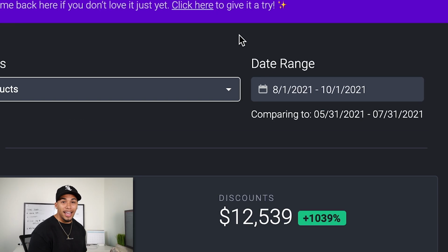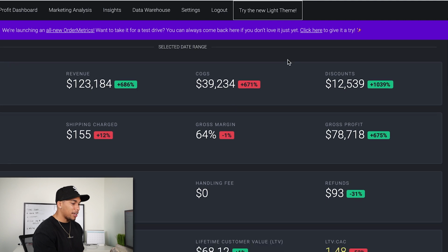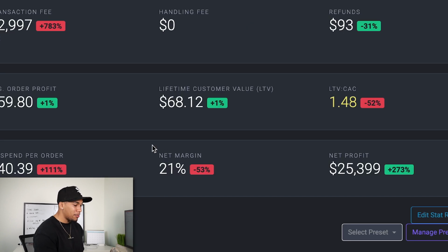And what's revenue if we cannot show profits? So let's go ahead and check it out. As you guys can see, this is the exact same time frame of August 1st to October 1st. Around the exact same revenue of $123,000. My cost of goods was around $40,000. My ad spend was $53,000, which ultimately gives me a great net margin of 21% and over $25,000 profit starting